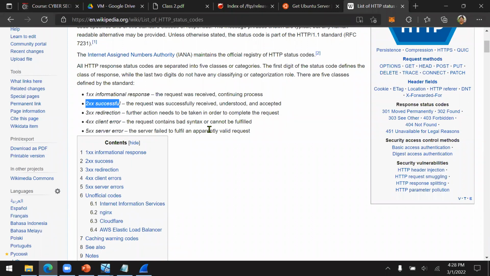But if I'm the one responsible for giving you an error, then I'm going to give you 5XX. For example, server error. Let's say I cannot access the database when you talk to me. I'm, for example, the Java, and while I'm trying to access your data, I'm getting a rejection from the database.